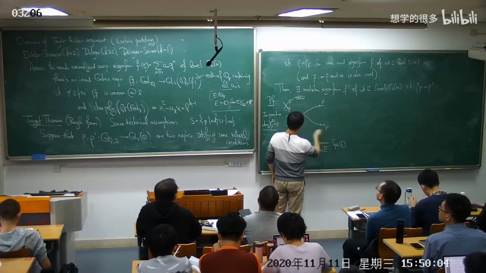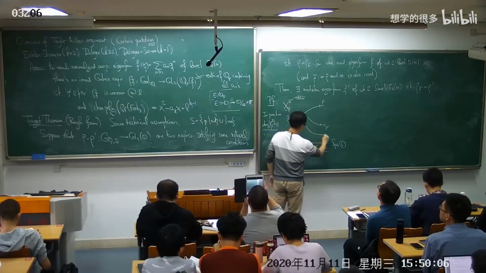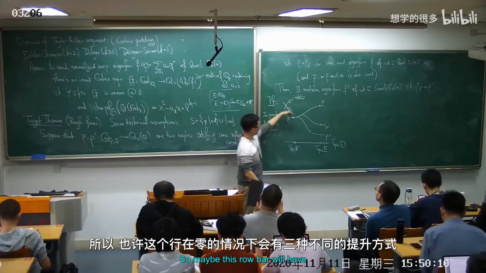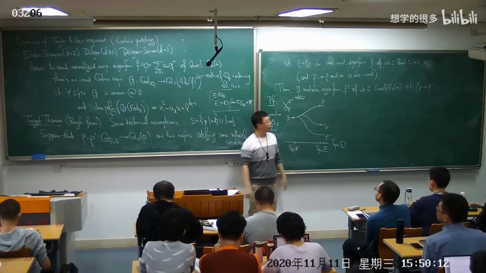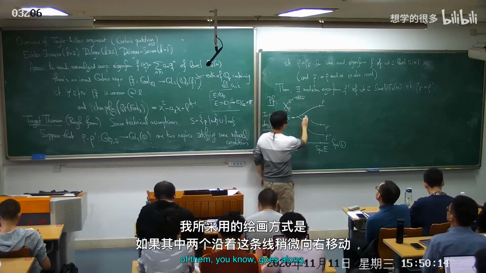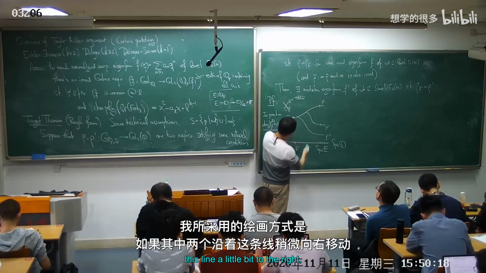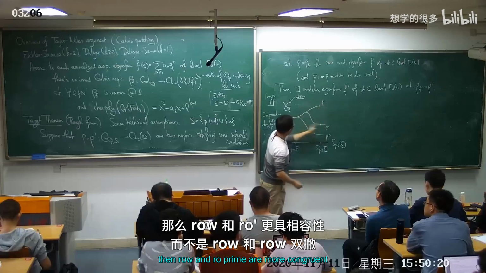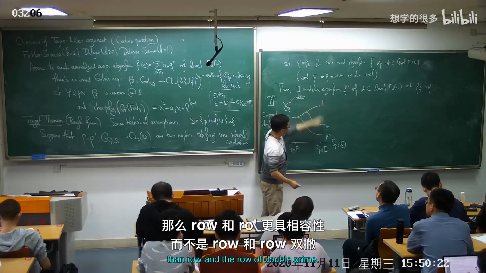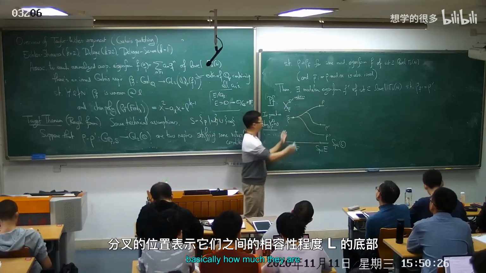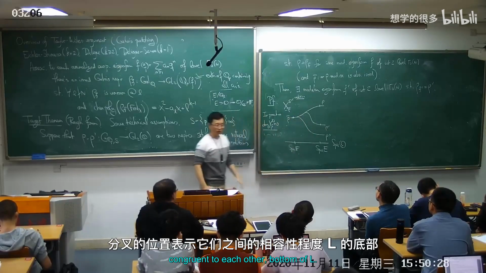So rho prime. Maybe there's another one, rho double prime. Okay, so maybe this rho bar will have 3 different lifts into K3 0. The way I draw this is that if 2 of them go along this line a little bit to the right, then rho and rho prime are more congruent than rho and rho double prime. So basically where they bifurcate is basically how much they are congruent to each other,